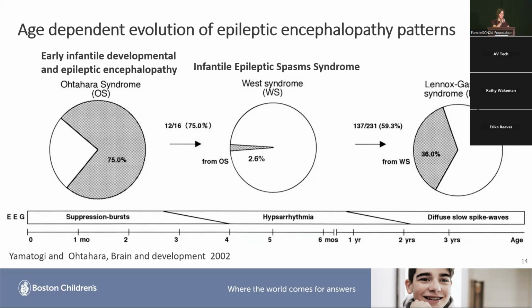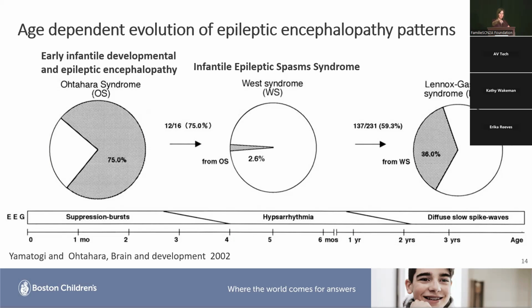So individuals can evolve from one of these syndromes to another, and there's some percentages there as to how many patients tend to evolve on to the next syndrome. So it's the way your brain is responding to the electrical and the chemical abnormalities more so than the specific underlying cause. This isn't specific to SCN2A. It's across genetic causes of epilepsy and the ages that they present. But it does happen in SCN2A individuals.